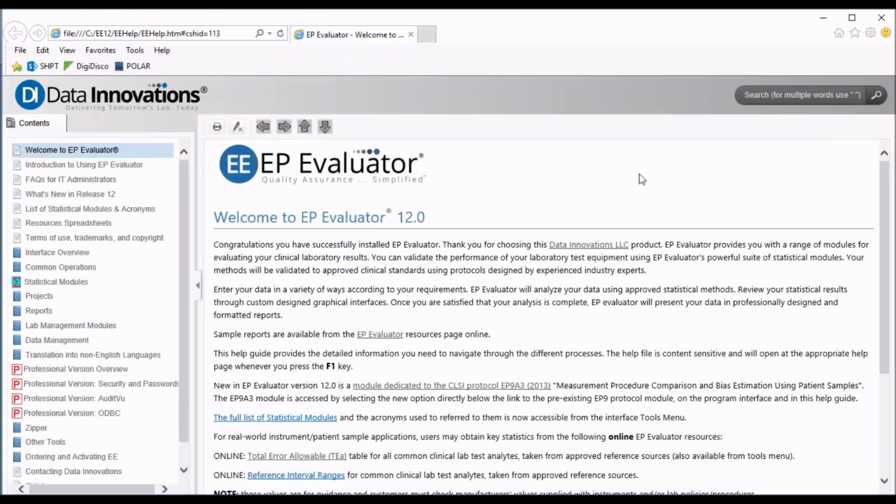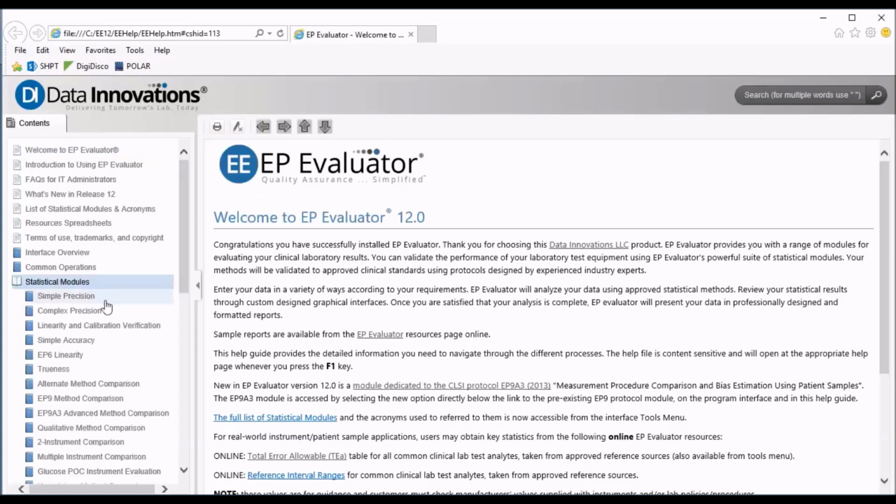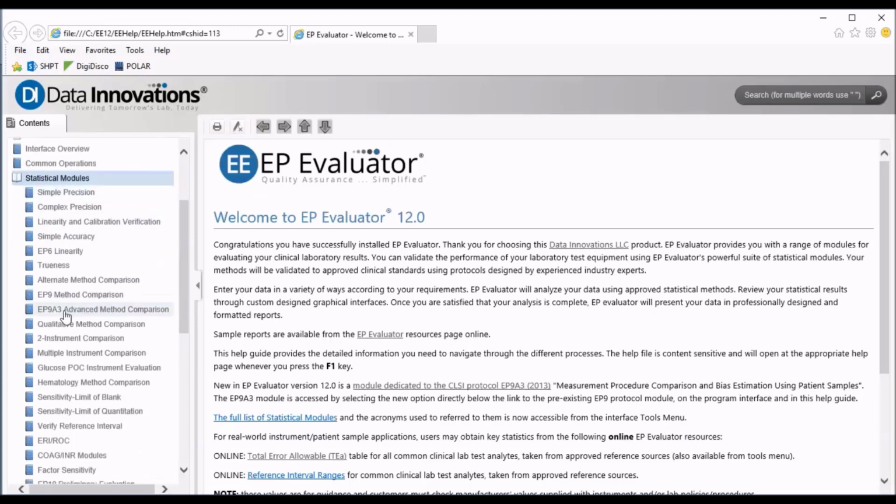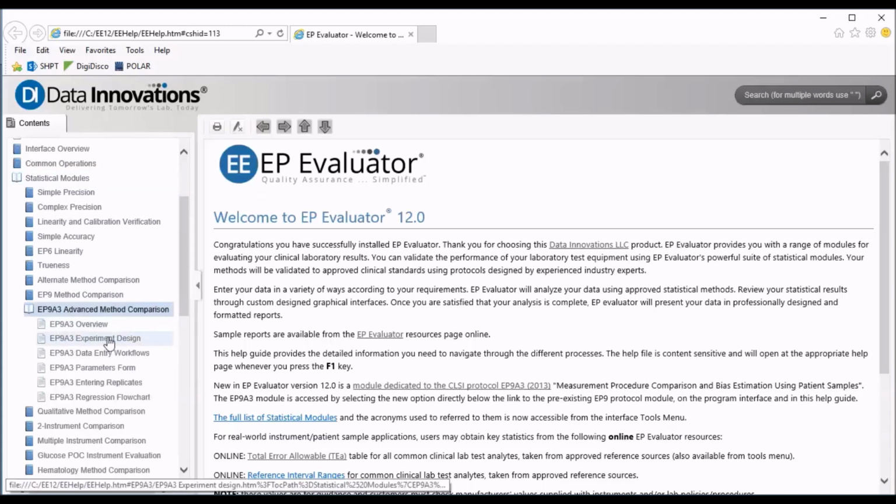You can find EP9A3 in the Statistical Modules book, which is marked with a Statistics Sigma icon. EP9A3 is directly below the existing EP9 module. The full contents of the EE User Guide have now been migrated into this Help User Guide file, and each module now has an experiment design page, including information about how to prepare experiments, as well as about the operation